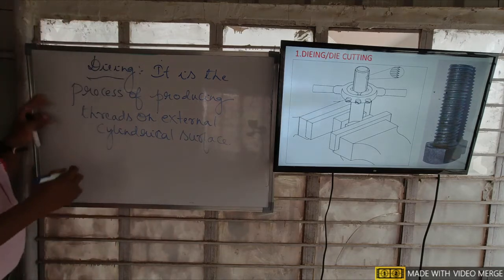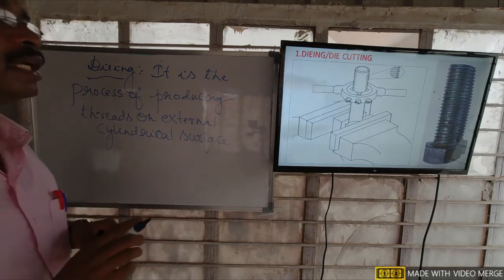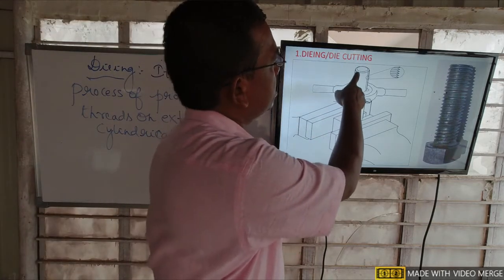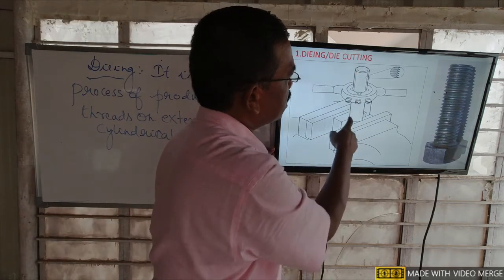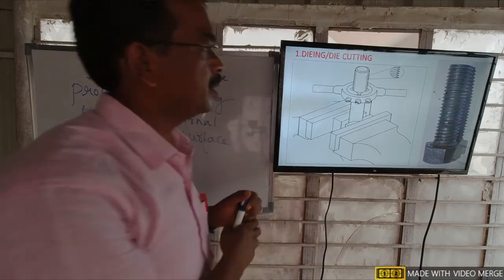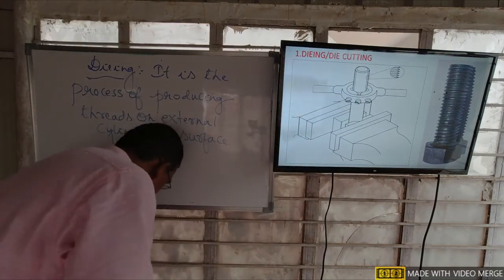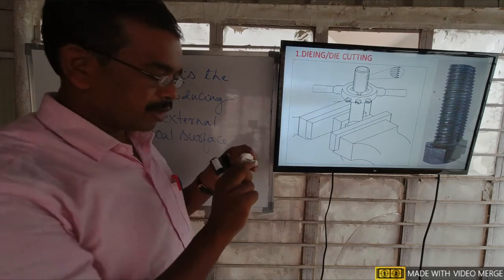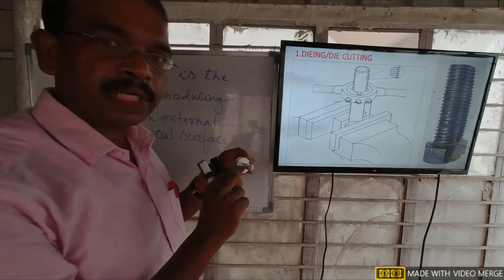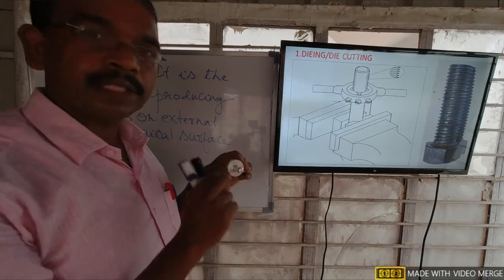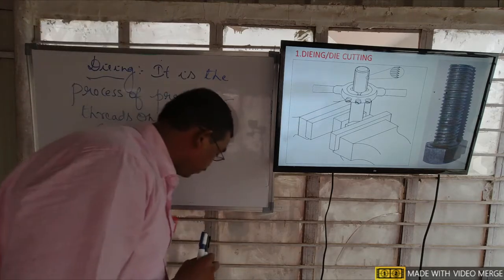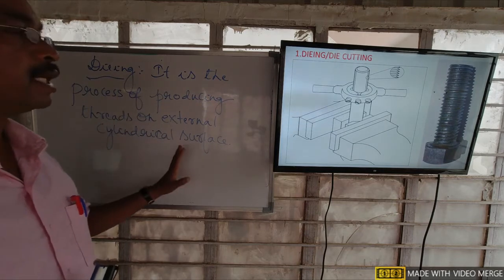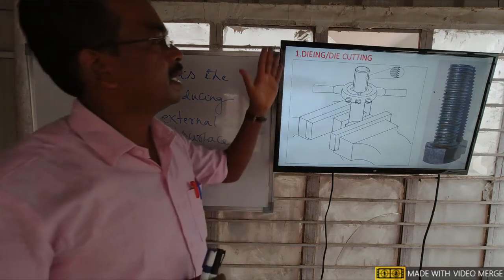Okay, so it is an operation of producing external thread. External cylindrical surface means this is the cylindrical surface over which we have to produce the threads. The process of producing threads on the external cylindrical surface of the workpiece is called dyeing or